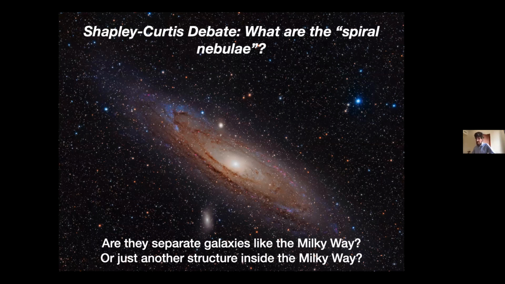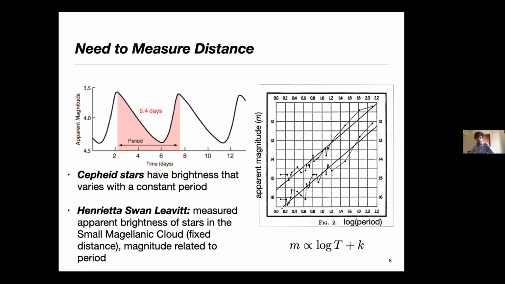they developed this method of using this type of variable star called Cepheids, which really is the foundation, I would say, for modern cosmology, which allowed us to measure distances to objects and led to, as you'll see in a minute, a large series of additional measurements that changed our view about the structure and evolution of the universe. So this female astronomer, which was very, very unusual at the time, Henrietta Swan Leavitt, made this series of